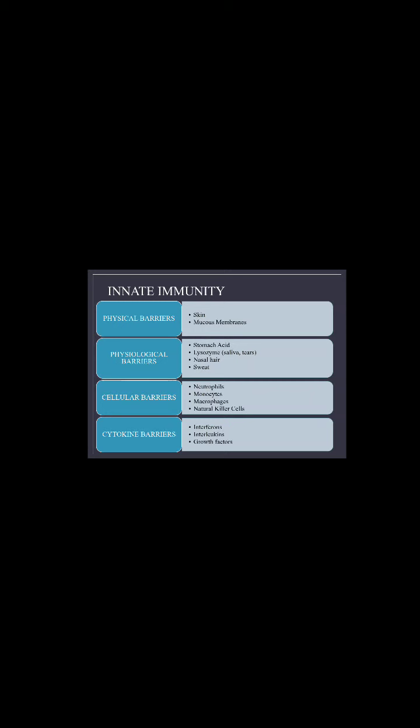Second are your monocytes. What are monocytes? They are the largest of all types of leukocytes and mostly amoeboid in nature. They are motile and phagocytic in nature, and when they enter the tissue, when any antigen occurs, they change into macrophages. Now, what are macrophages? Macrophages are phagocytic in nature, and they are so because they contain lysozymes.